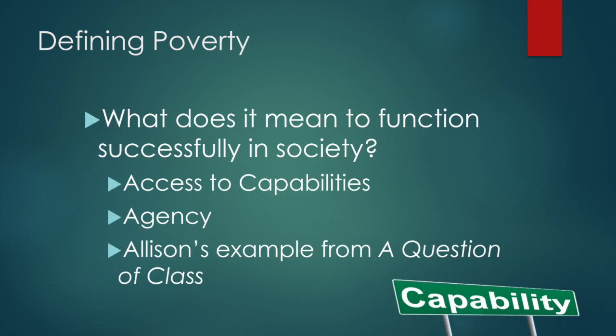So why do we include social aspects? We included both the terms economic and social in our definition, because poverty isn't just an economic issue, but a social issue as well. In order for one to function successfully in society, they must at least have access to 10 basic capabilities. These 10 are the capabilities that Martha Nussbaum argues are necessary in her capabilities approach. They are life, bodily health, bodily integrity, senses, imagination and thought, emotion, practical reason, affiliation, other species, and control over one's environment, both politically and materially. In other words, individuals ought to have sufficient capability to maintain agency over their own life and future.